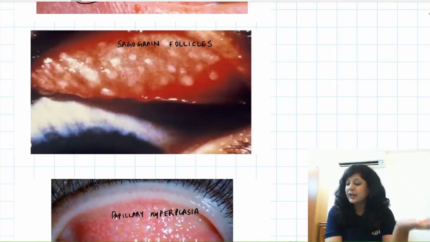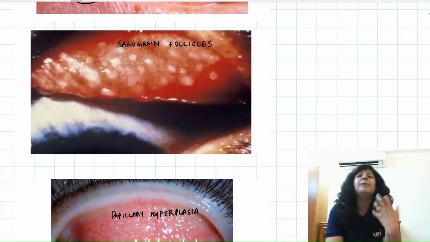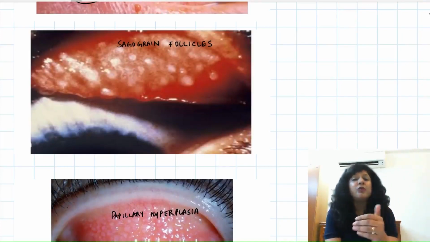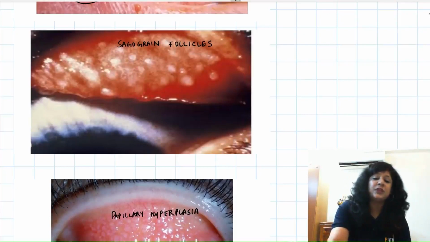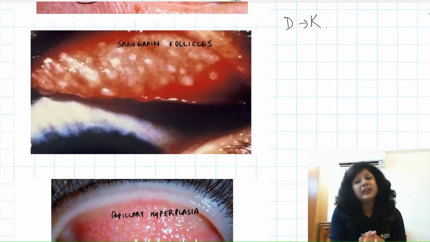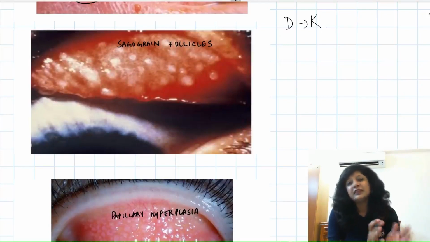So this is caused by Chlamydia trachomatis. We have A, B, Ba and C. This is causing the blinding trachoma. That trachoma is responsible for the blindness, while the species from D to K, these are responsible for inclusion conjunctivitis. Inclusion conjunctivitis means non-venereal spread, that is from genitals to the eye.